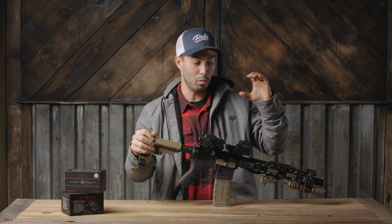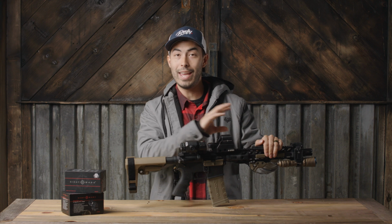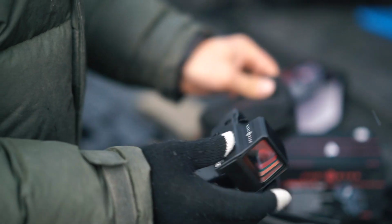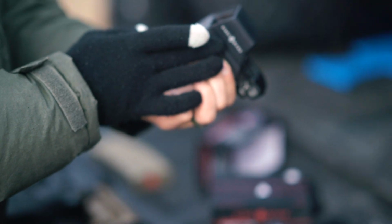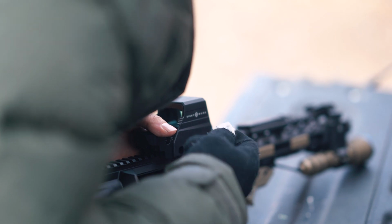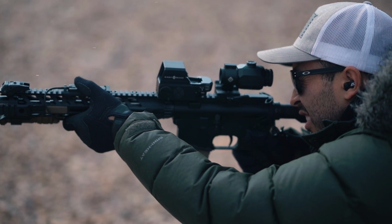I had an absolute blast with this optic. I didn't do any fine tuning of this optic. I took it out of the box, I put it on the rifle. I had no clue about eye relief, anything like that. It says it has unlimited eye relief, so I wasn't really worried about it. I just threw it on the gun wherever it happened to line up, and it was dead nuts accurate out